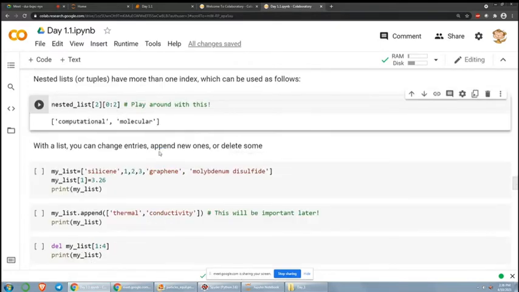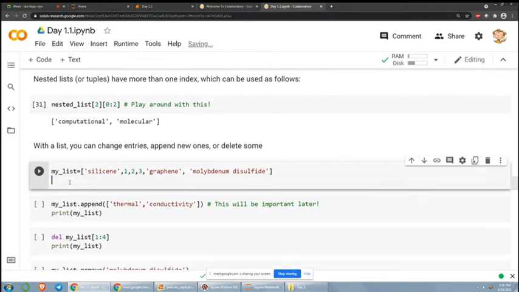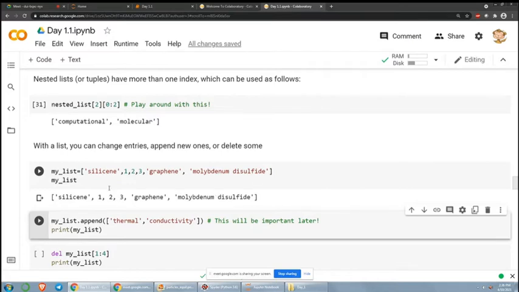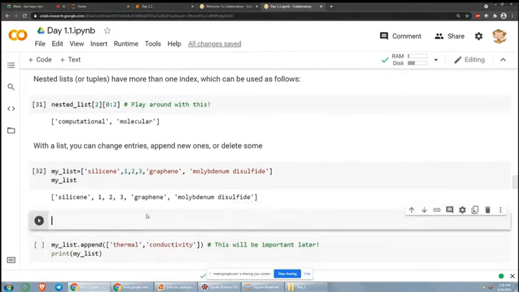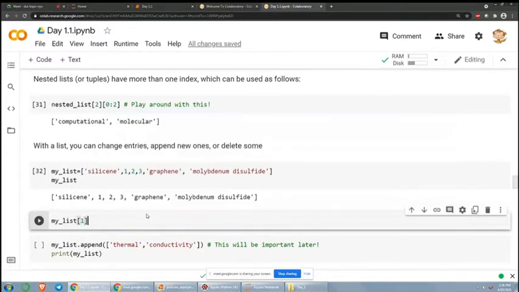So with a list, you can also change entries or append new ones. For example, if I have a list, wait, let me delete this first. So if I define this list, silicene, 1, 2, 3, graphene, molybdenum disulfide, and then I want to add something to the list, or I want to change something. For example, I want the entry at the second position, which is indexed as 1, to be changed into the word 1. Okay? If I do that,